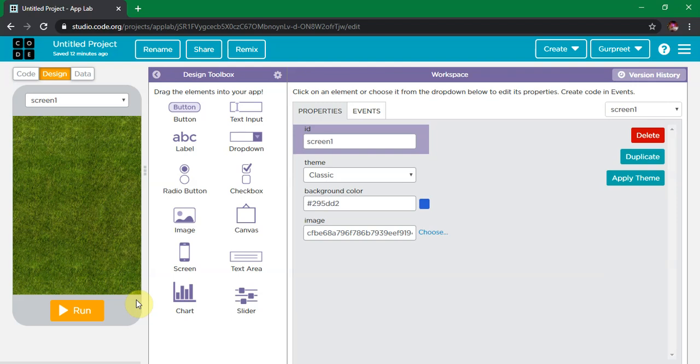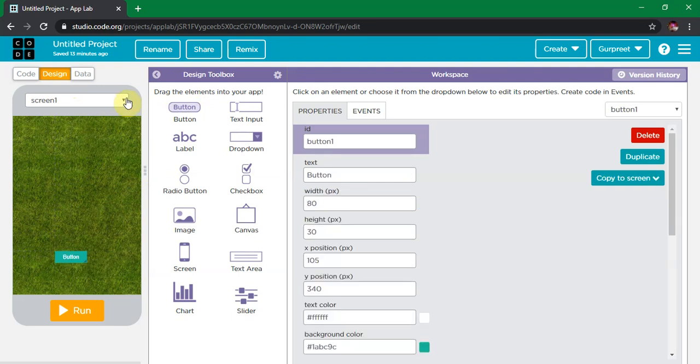So for that, first of all we have to insert a button. So under the design tab we have the button element. Just simply select it, drag and drop it on the screen number 1. As we have the two screens, screen 1 and screen 2, so we are at present on the screen number 1. So now when we click on the button here,